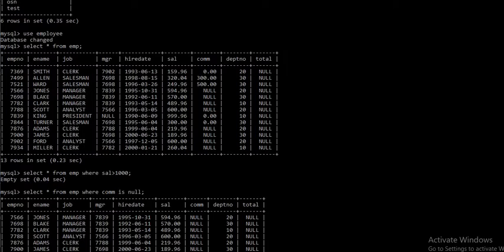Look at Smith, employee number 7369. Smith is a clerk and Smith's manager is 7902. The MGR number of Smith is 7902. So who is 7902? 7902 is Ford. Ford is an analyst and whose manager is 7566.